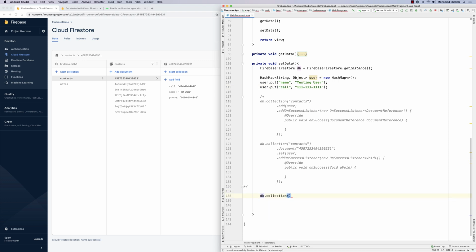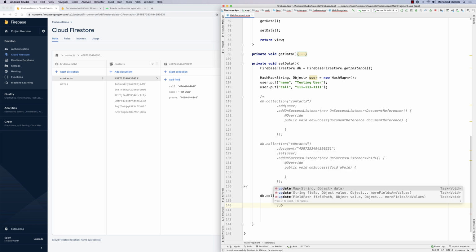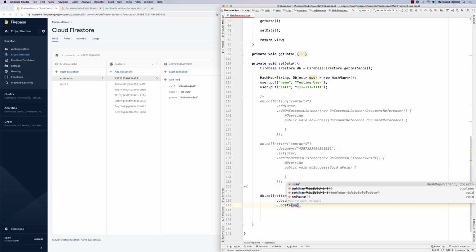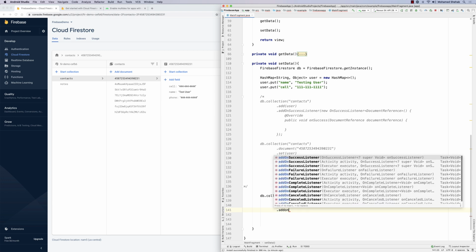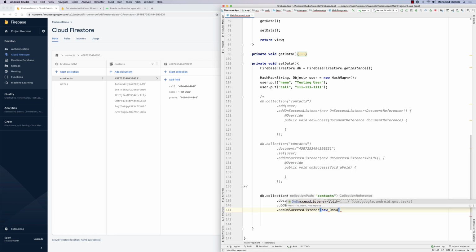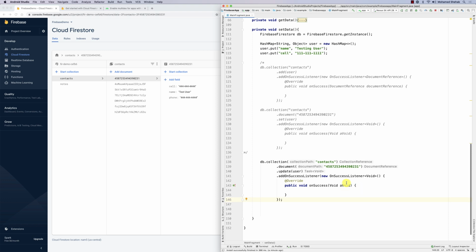So db.collection, the same situation, contacts. And then the document has to have the same ID because I want to update a specific one. Here's the document, and then instead of set, I want to update. You just specify the update and you say user. And the same story, add on success listener, new on success listener, and here we go. So basically, you create a user object that only has the fields that you would like to update. When I run it,